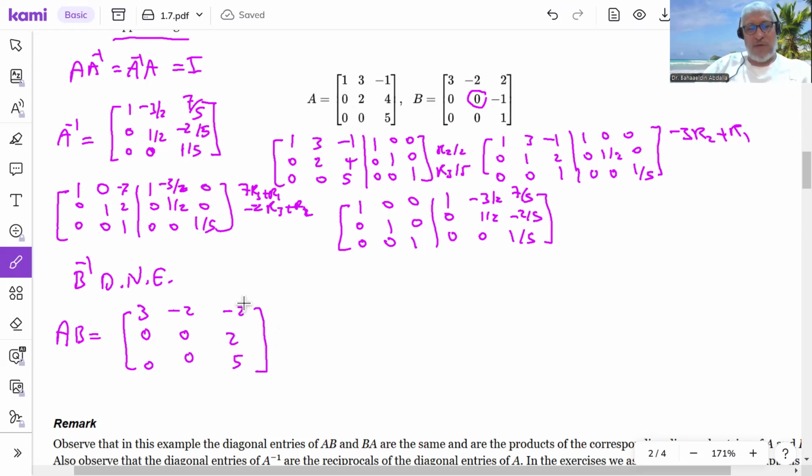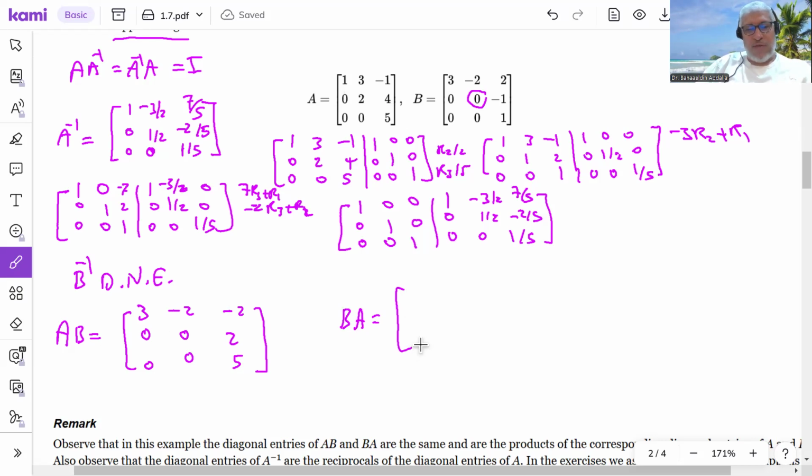And notice something else. The product AB, look at the main diagonal. It is the product of the entries on the main diagonal of A and B. So 1 times 3, 2 times 0, 5 times 1 will give you these entries. So if you try to find BA,